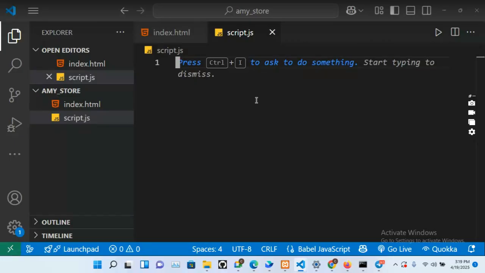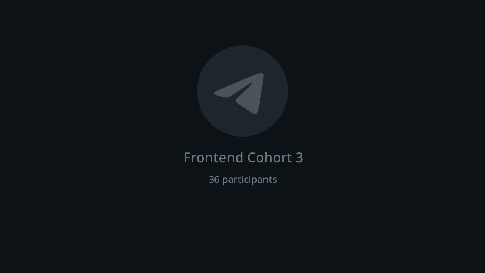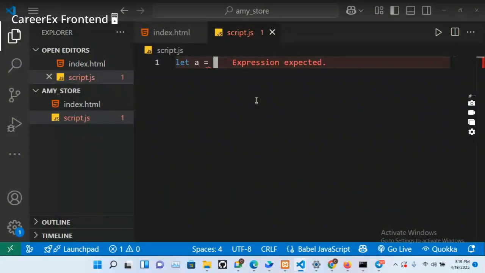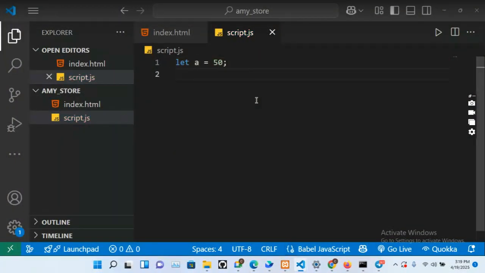So look at this, right? Everyone, please pay attention. First of all, I'll create a variable called a, and let me store a number of 50 inside of a, and I'll create another variable called b,